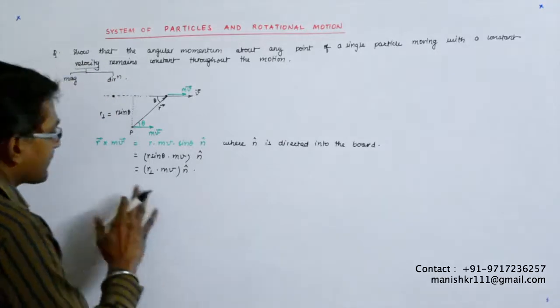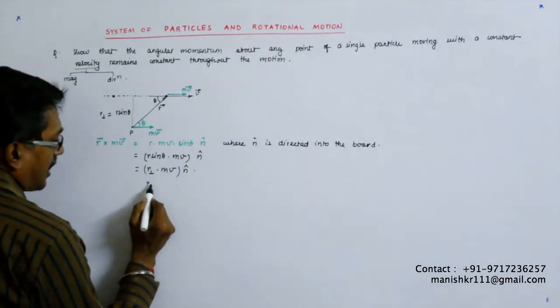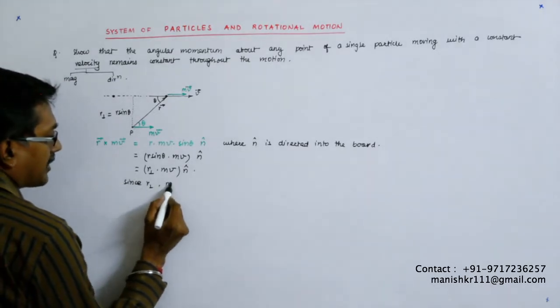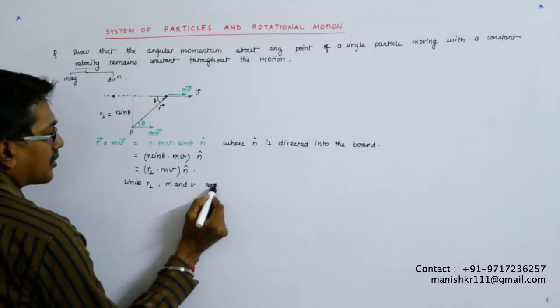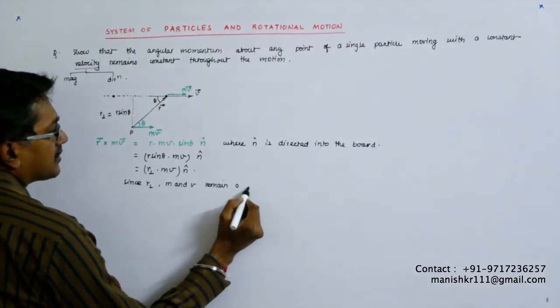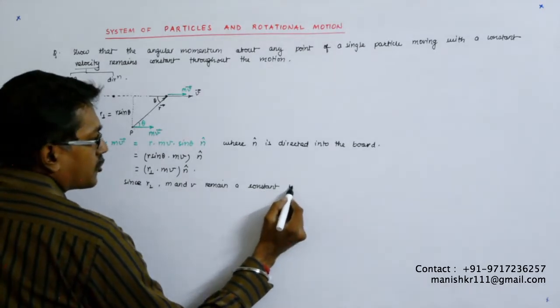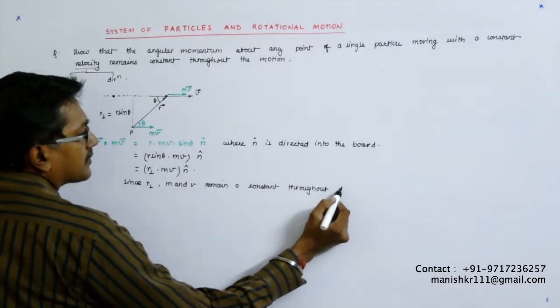So since R perpendicular, M and V remain a constant throughout the journey,